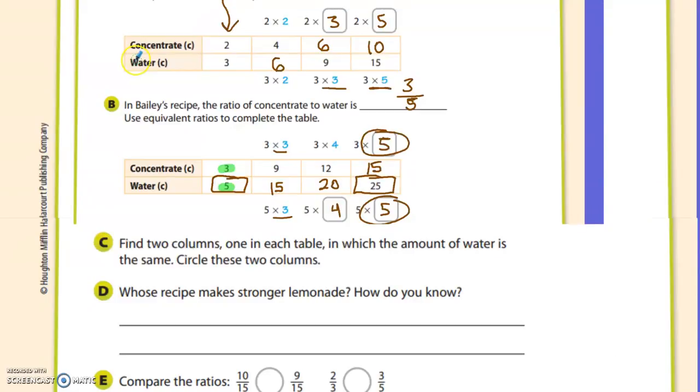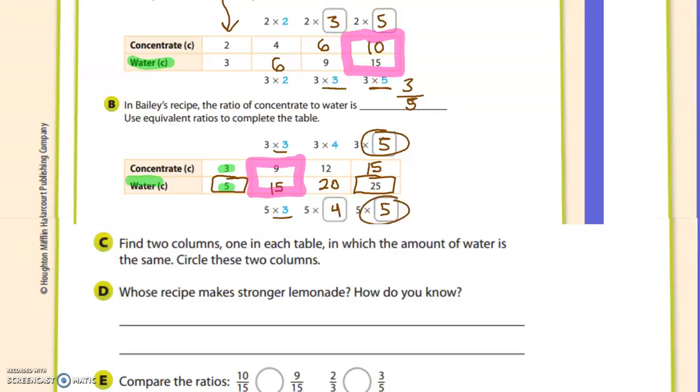So water is the second term, so I'm going to look here for the water. And the water in Anna's table goes 3, 6, 9, 15. And the water in Bailey's table goes 5, 15, 20, 25. And the only number I said twice there is 15. So I'm going to switch colors. And what I noticed here was that in this column, 15 is the second term, and in this column, 15 is the second term, which is 15 waters, which means that in those two,